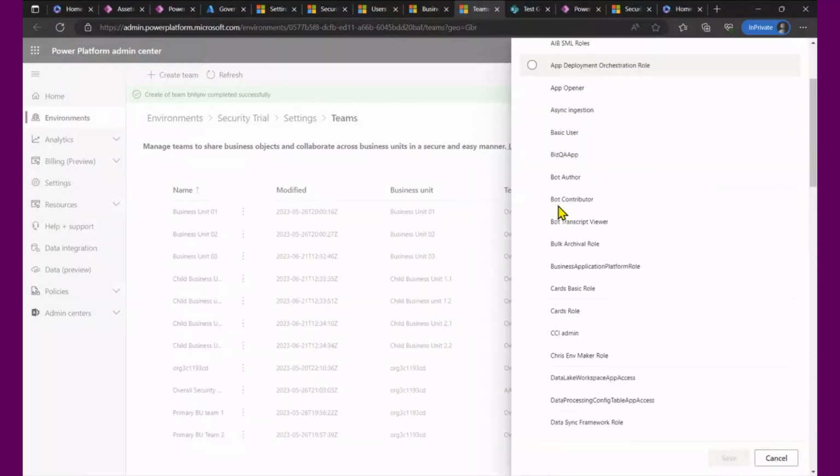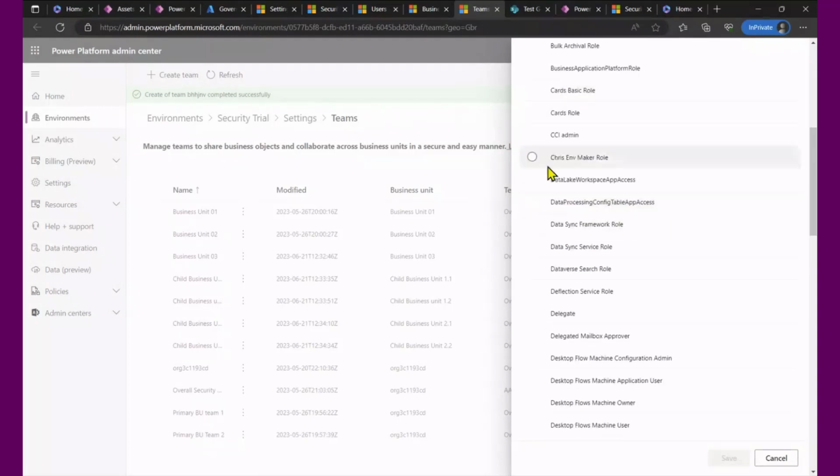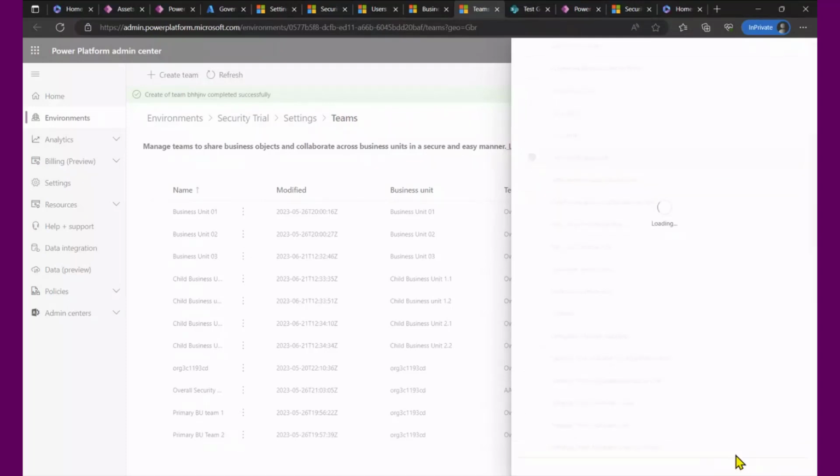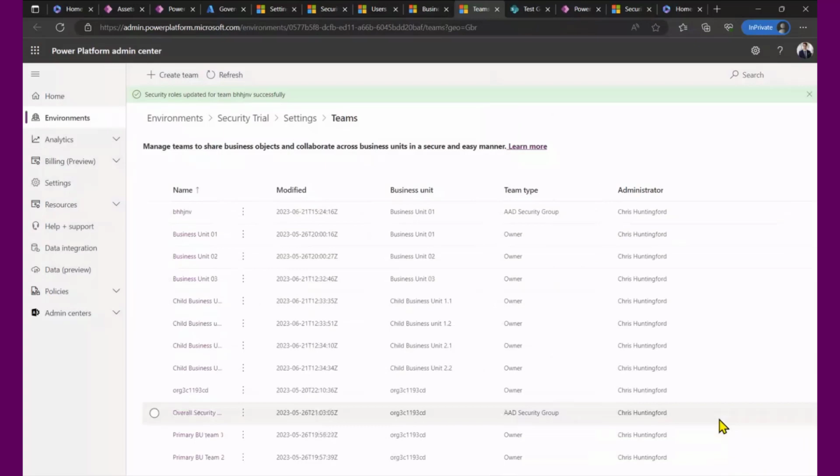so what I did was I thought, okay, I have a bunch of users looking to access make.powerapps.com. They're probably not going to go to the maker experience. What's the best way to do it? So we make a custom role called Chris Environment Maker, and we save it. Now here's the thing. They can't go to the maker experience to see that custom role. And because they have the custom role that I'm controlling that will persist with updates, how do they get access to make.powerapps.com? This is where the interesting bit comes in.